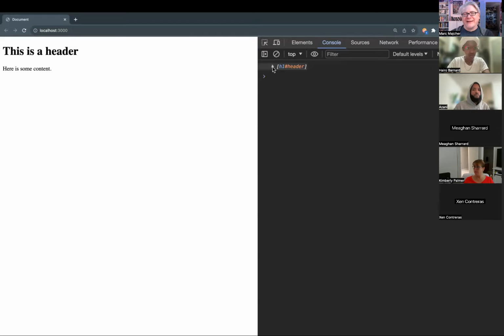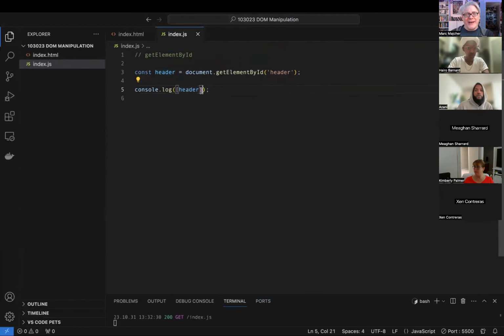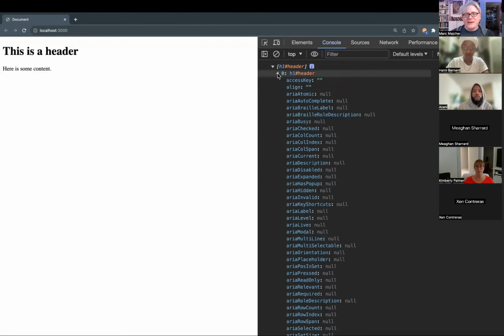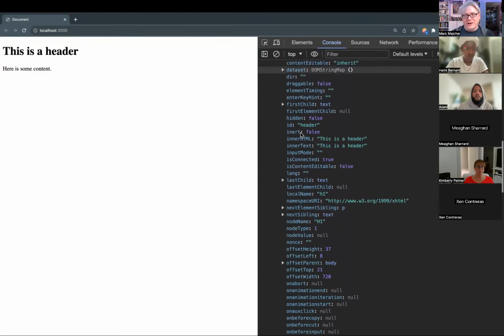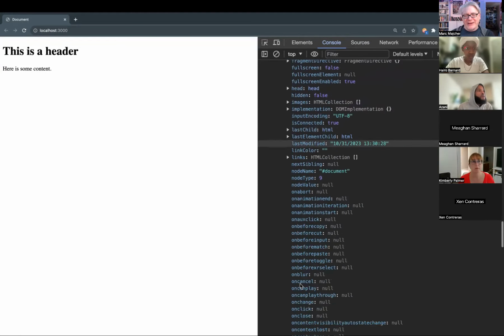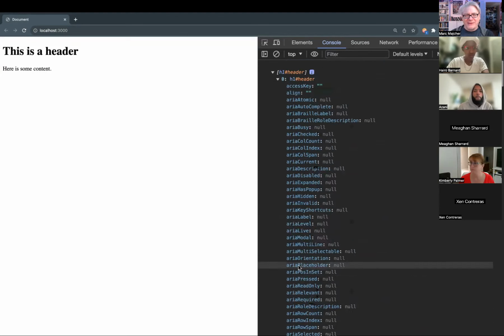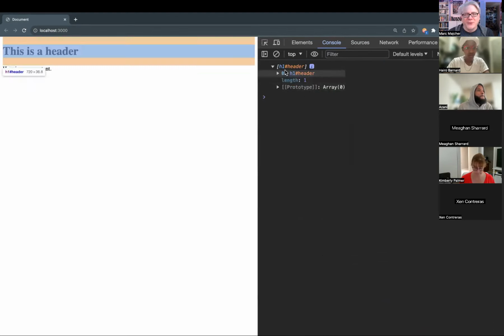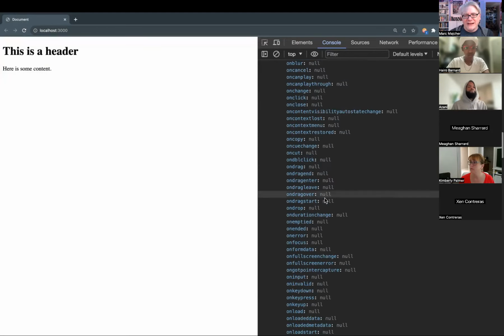Hey, look at that. Great. I just put this in an array. There are probably other ways to do it. But if you look at it, here is our header object, and we can dive into it. We can look at all the things attached to it, all the methods, parent, the owner, all the stuff. You're never going to be using this stuff most of the time. Occasionally, it's fun to look through, and you can see the